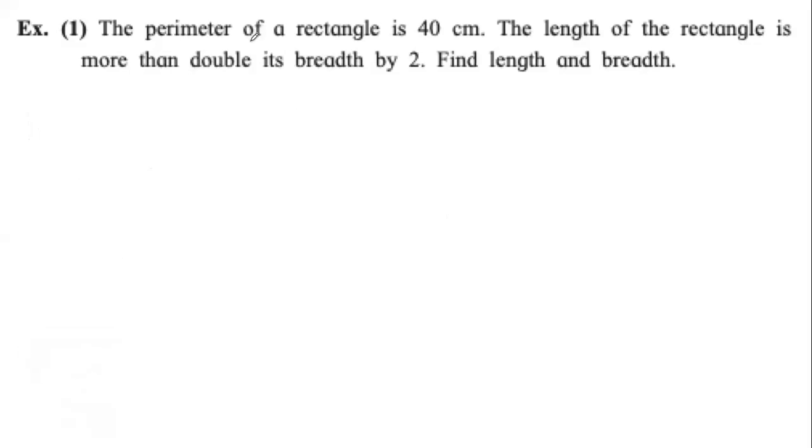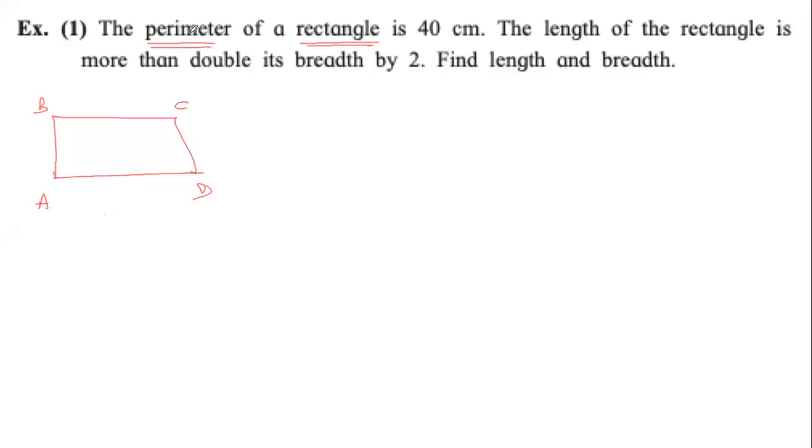Now, if you try to understand, the question is talking about a rectangle and its perimeter. So this understanding can be much faster if we draw a rough diagram of a rectangle. We can name it A, B, C, and D. Of course, the longer sides are lengths and the shorter sides are breadths. So here the lengths are AD and BC sides, and the breadths are AB and CD sides.